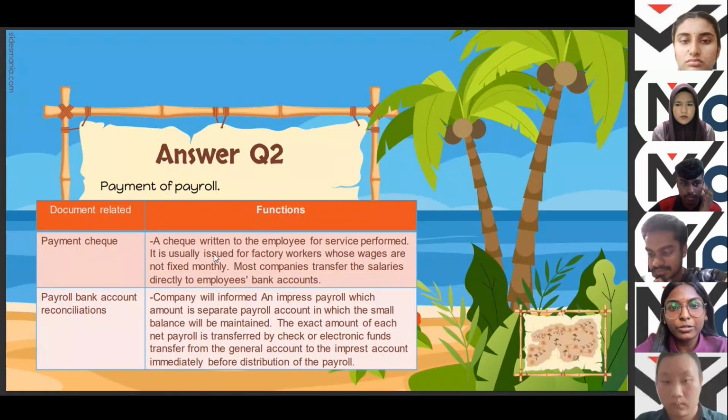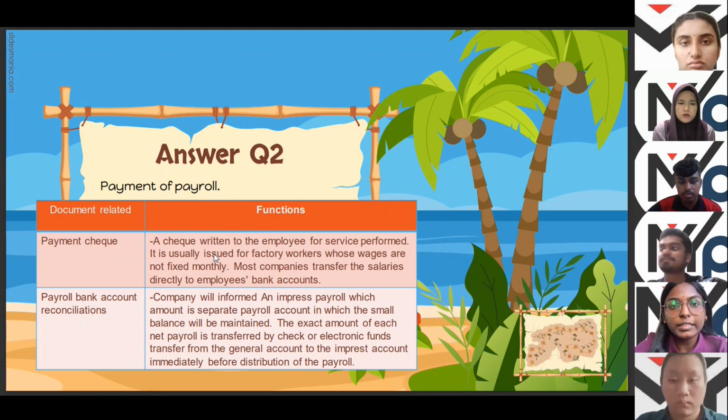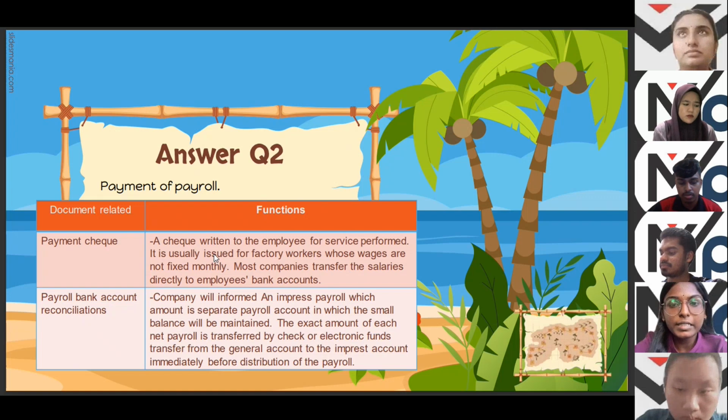So the payment of payroll function. First we have the payment check. A check written to an employee for service performed. It is usually issued for factory workers whose wages are not fixed monthly. Most companies transfer the salary directly to employees' bank accounts. And then